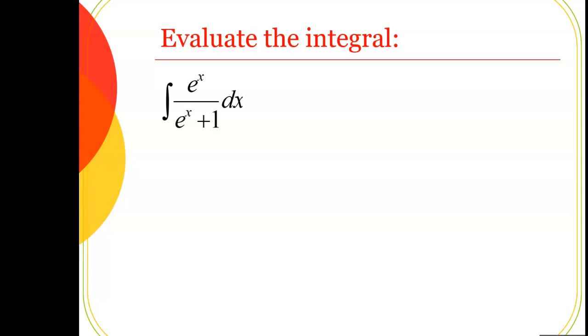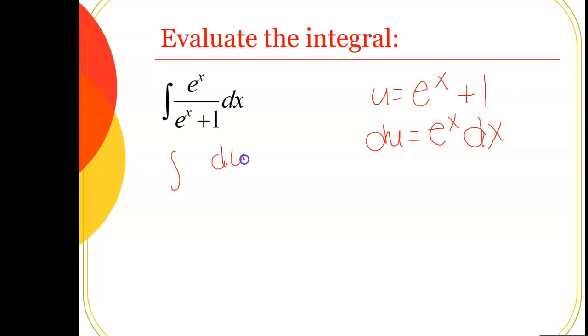Because if we make the entire denominator the u value, then my du becomes the numerator, because the derivative of e to the x is e to the x, and the derivative of 1 is 0. So if you get stuck, you're trying to find a way to make your problem easier, right? So now e to the x dx becomes du. The denominator becomes u. And I end up with 1 over u du, which is really just